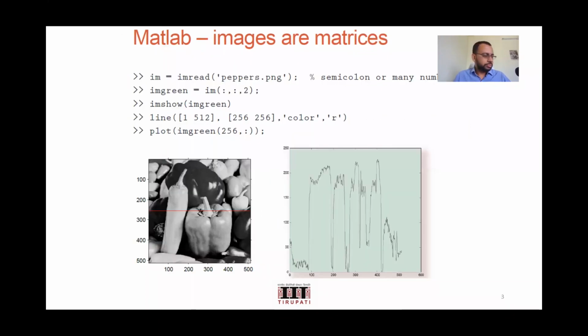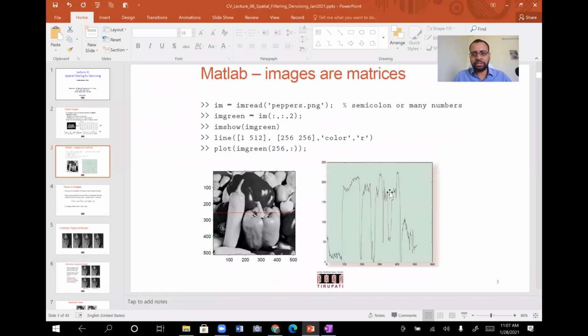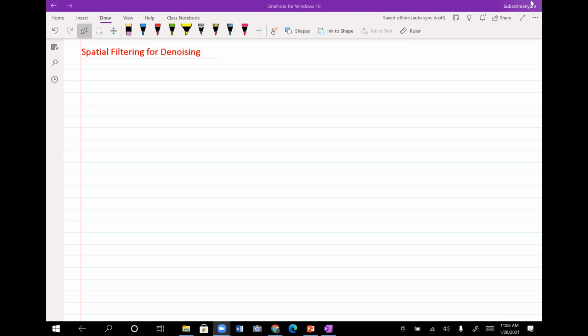Okay, so now maybe a more convenient one would be, for some time I would move on to the notebook mode. So let's say you have the original image, let me call that capital F of i comma j. I intend to use a capital letter for 2D, and for 1D I would use a small letter. It's just a notation, it can be the other way as well.